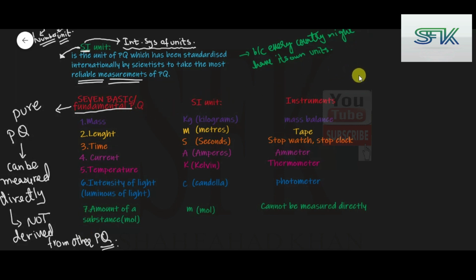For example, take the formula for speed that you have been studying in your lower classes. Speed can be written as the ratio of distance to time, right? Distance traveled per unit time is the speed. If you look at this formula, speed is a physical quantity. It can be measured by a speedometer. Distance is also a physical quantity and can be measured using any instrument, for example a measuring tape or a meter rule for smaller distances. There are several other instruments that can be used to measure distance, and time can be measured using a